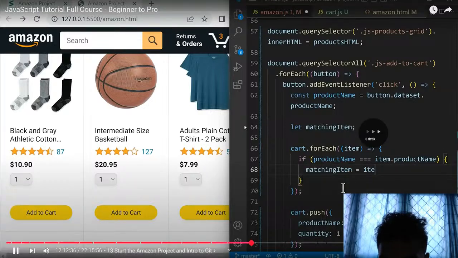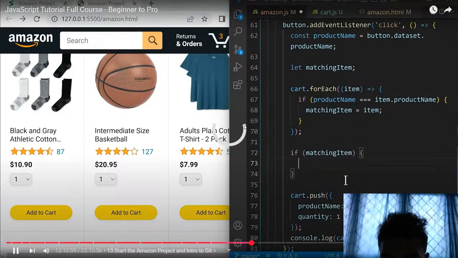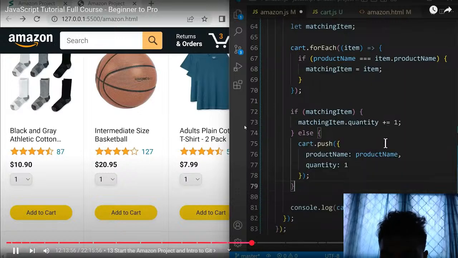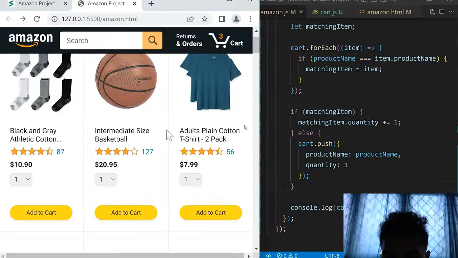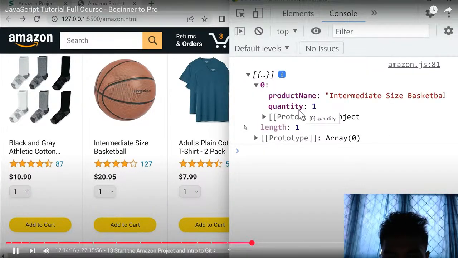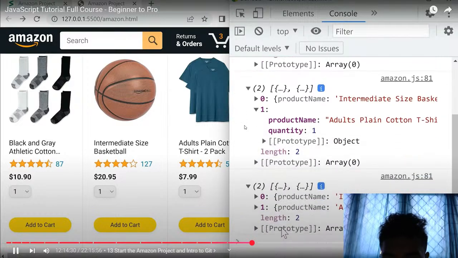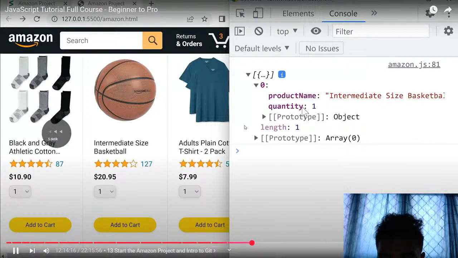So if matching, we're going to type here. So at the end, we can just save. So now let's go into our project. Quantity of 1. Now we have a t-shirt with a quantity of 2. So that's how we solve the problem of combining